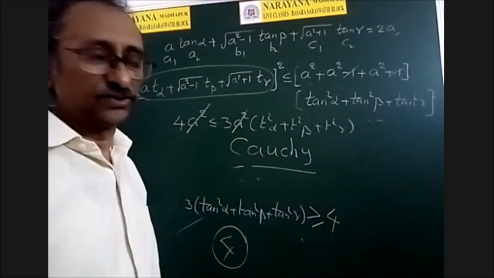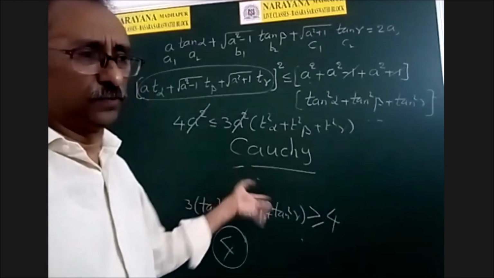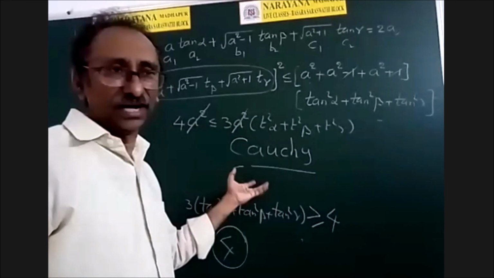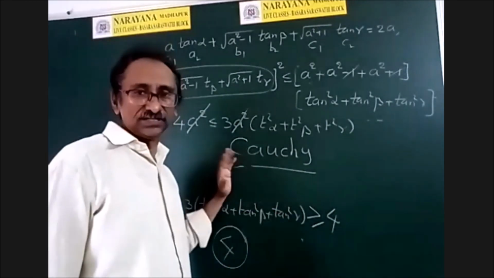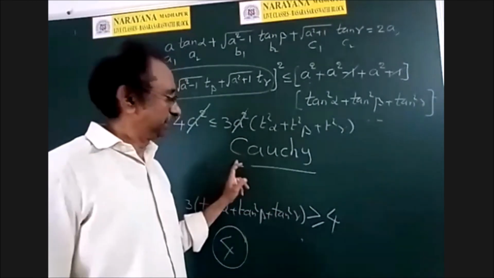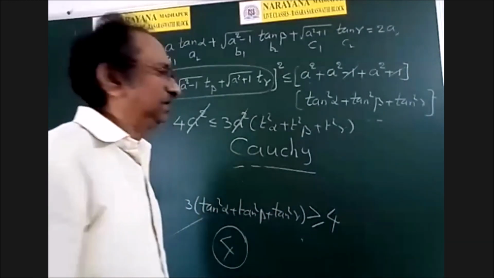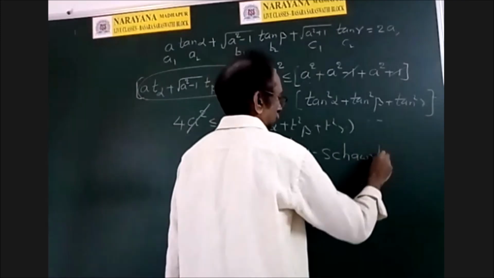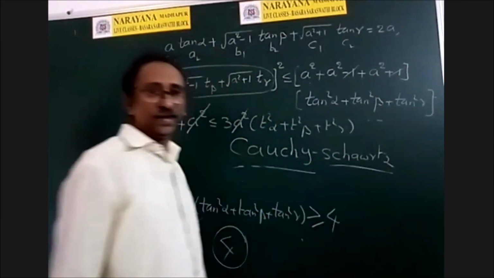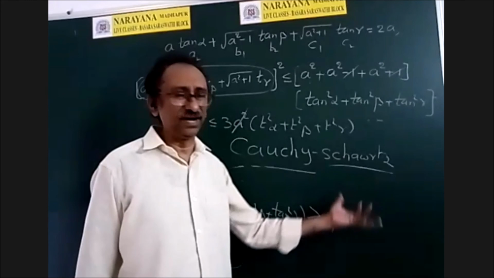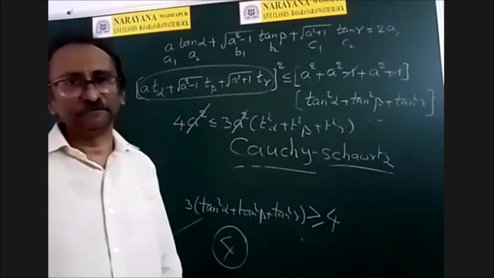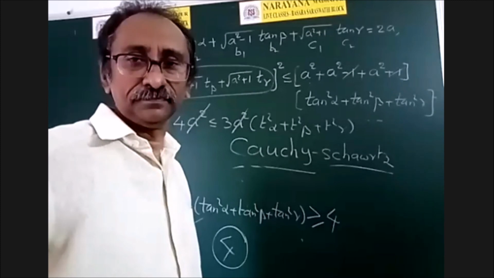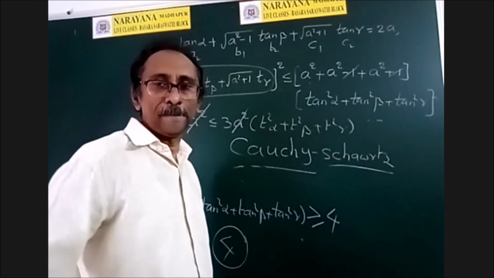Cauchy. Actually it is not Kachi. Generally we pronounce it like Kachi, but no problem, he is not alive, he doesn't feel, so you can pronounce him any way. But it is Cauchy. Cauchy-Schwarz inequality. I also have some doubt on that spelling, but in Google you can find. Okay, sir. Right, any more doubts? Right.